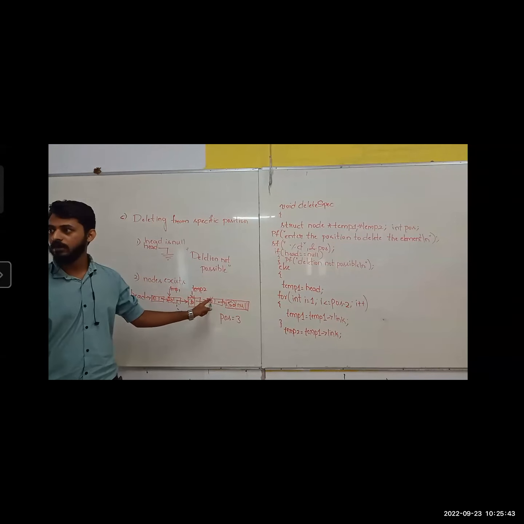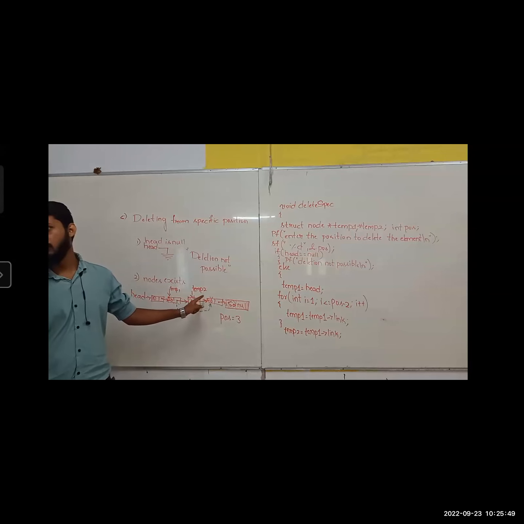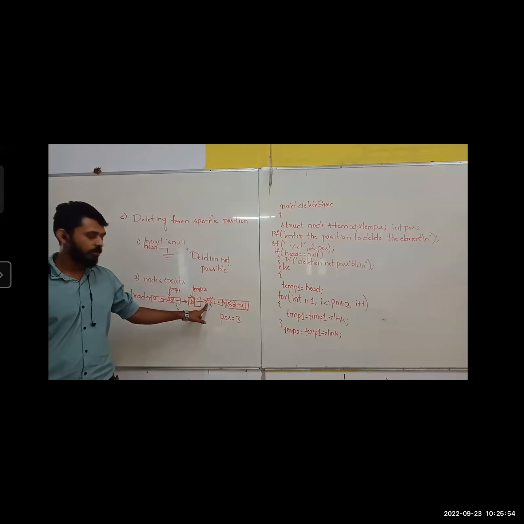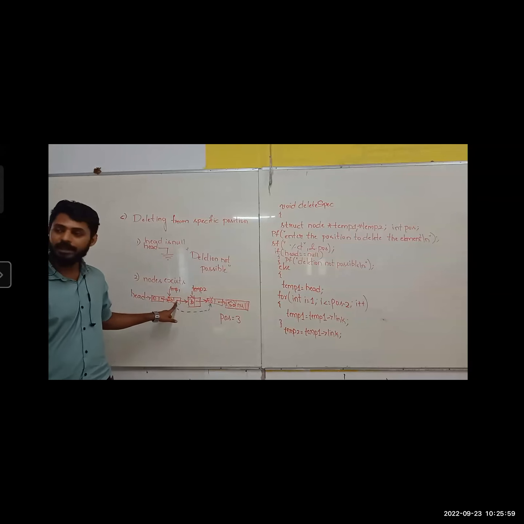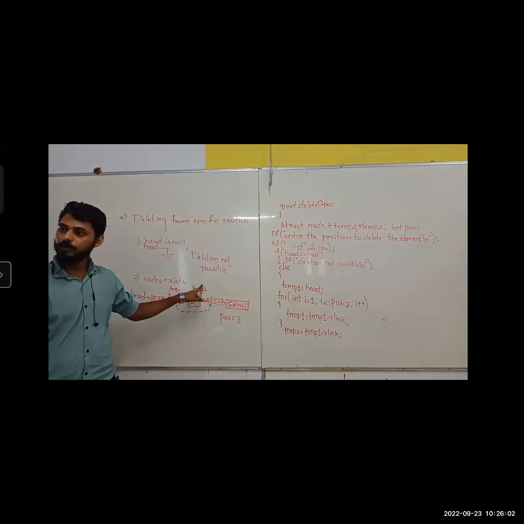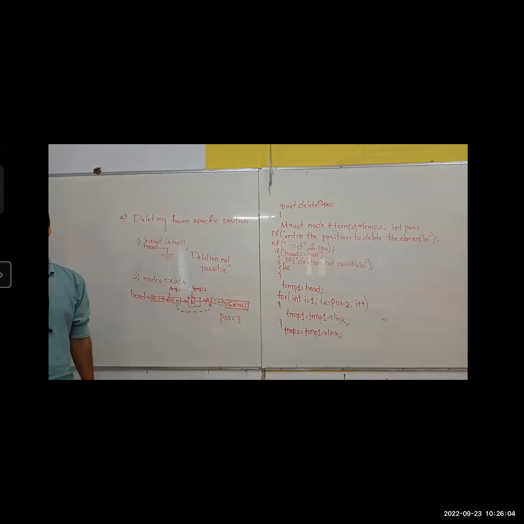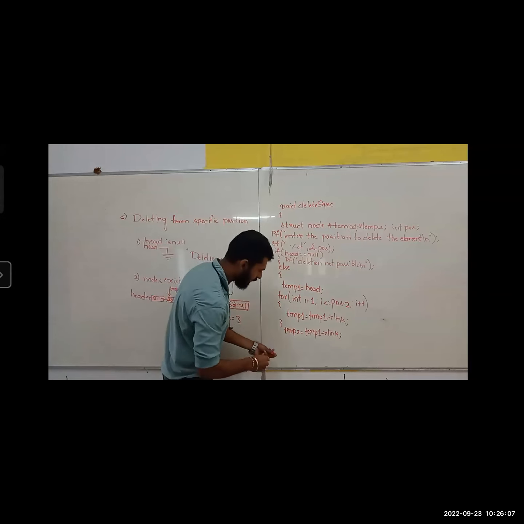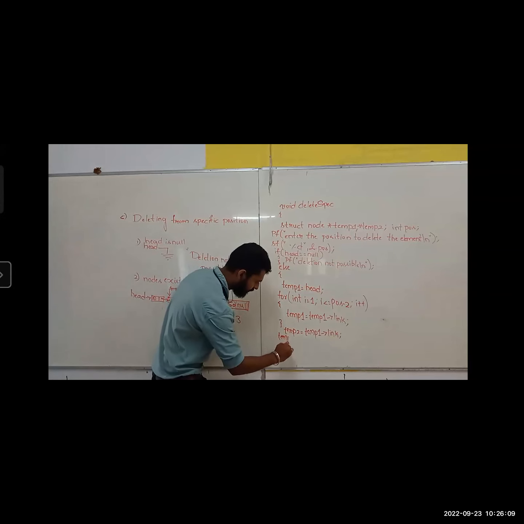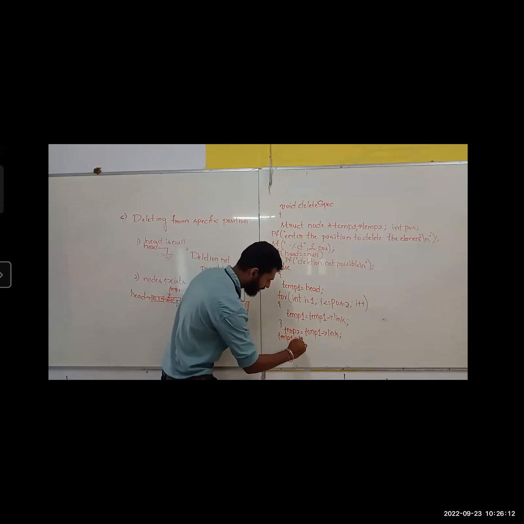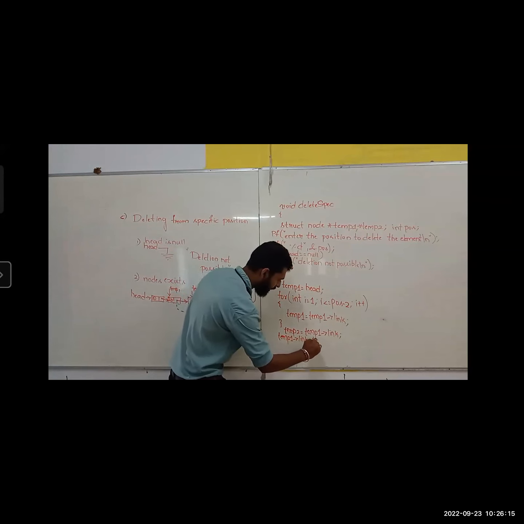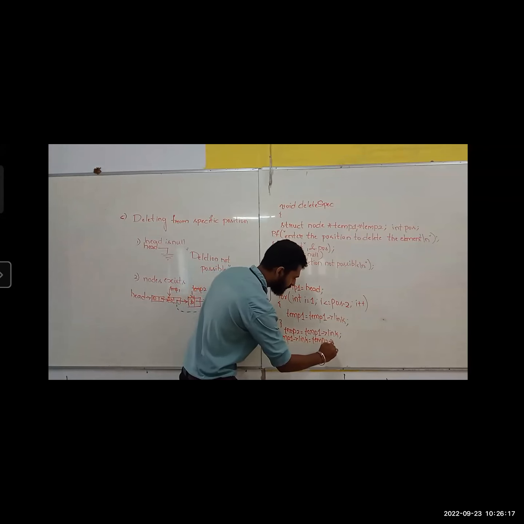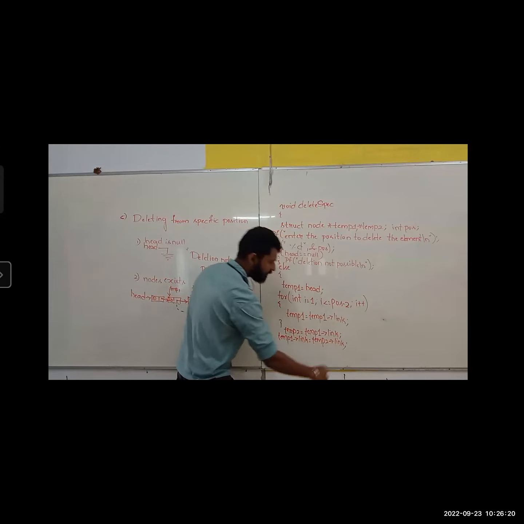I already told you: whenever you want to point to some place, first listen. Just check who is pointing there. Who is pointing here? Temp 2's link is pointing. Simple then. Temp 1's link should point to the same place where temp 2's link is pointing. Done. So here, what should I write? Temp 1's link should point to the same place where temp 2's link is pointing. Done, understood.